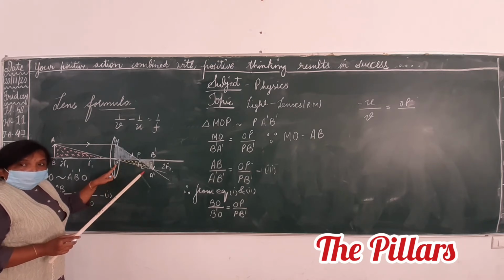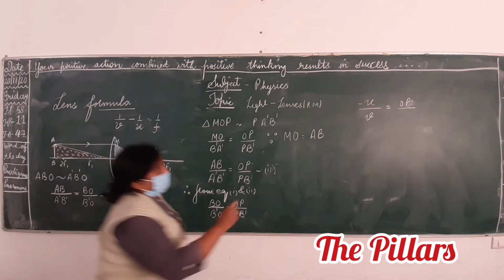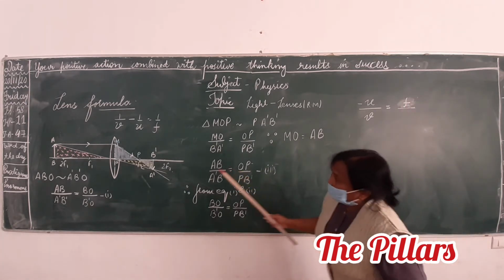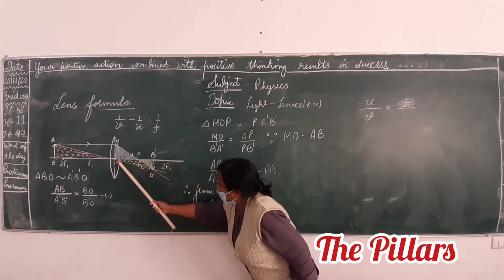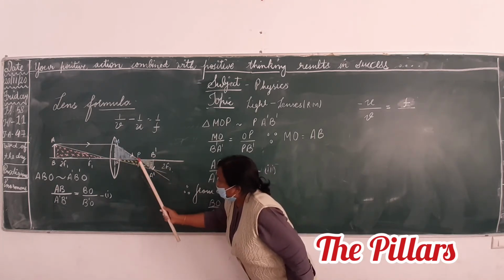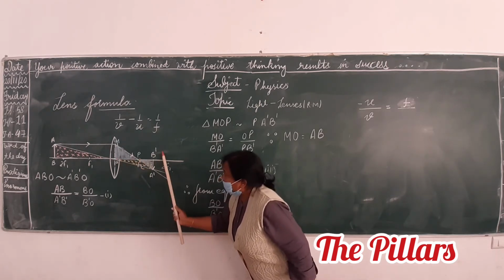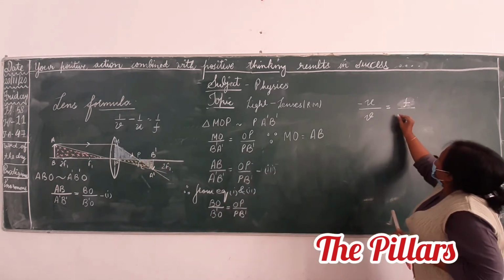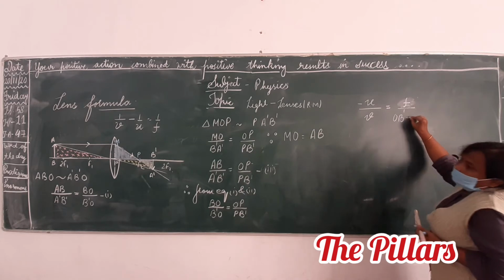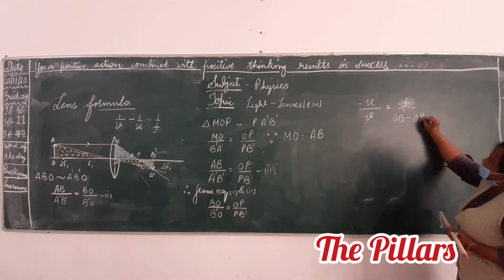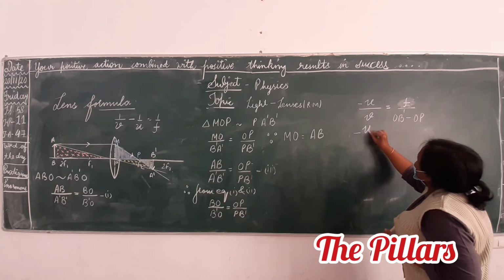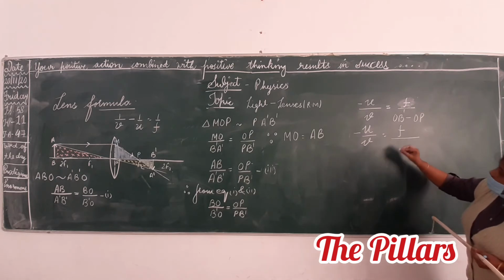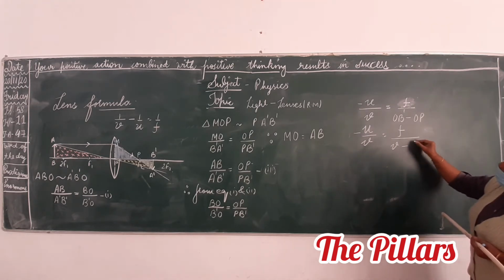This is focal length. Plus or minus? Plus. Focal length, so this will be F. What about this PB dash? V minus F. PB dash can be written like this: OB dash minus OP. OB dash minus OP will give you what? PV dash. So this is minus U upon V is equal to F upon, what is the OB dash, children? V minus, what is the OP? F.